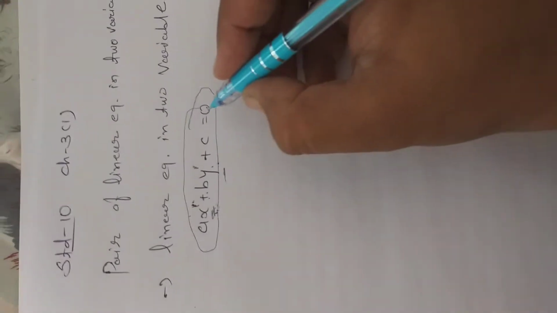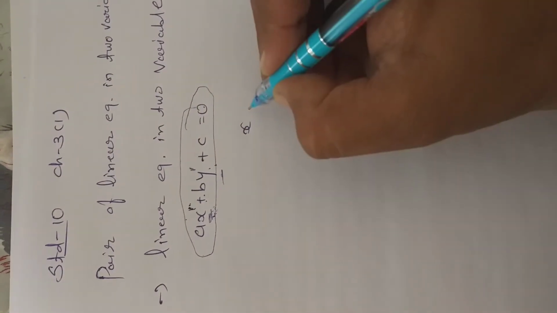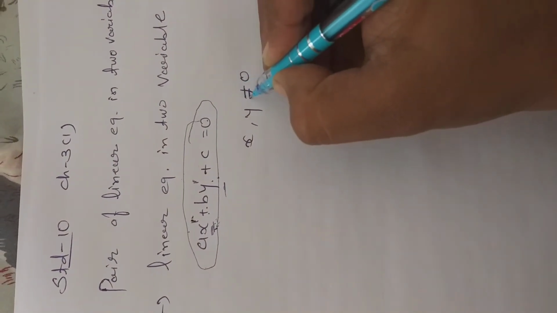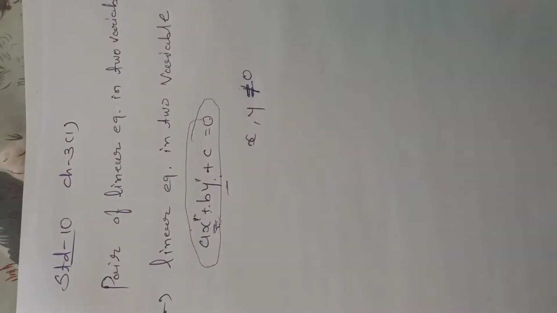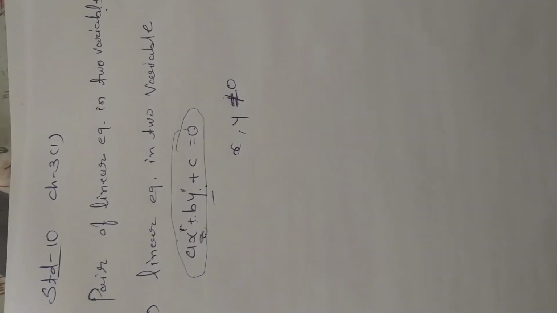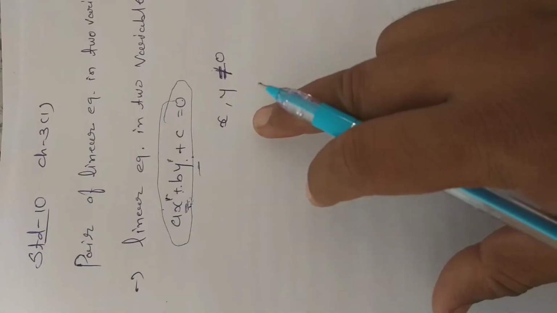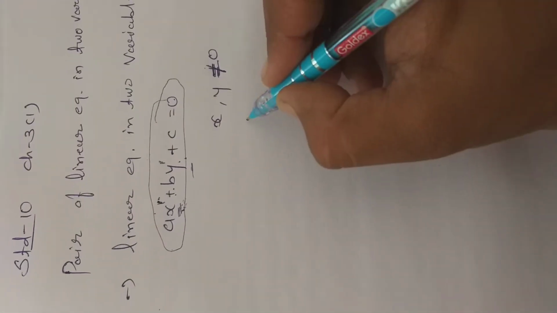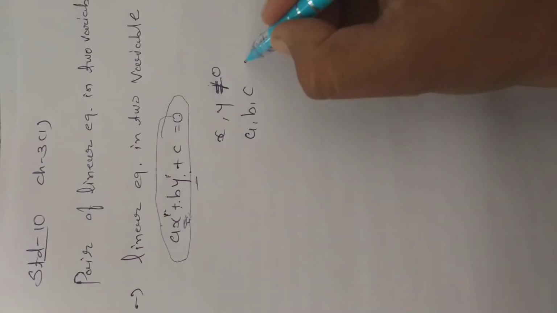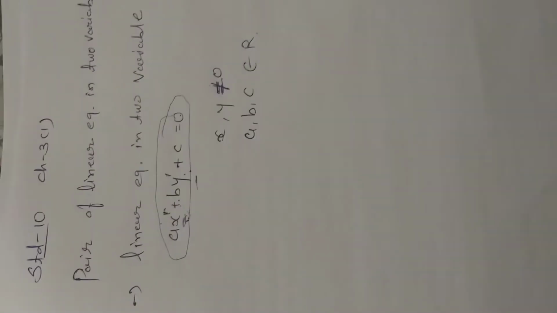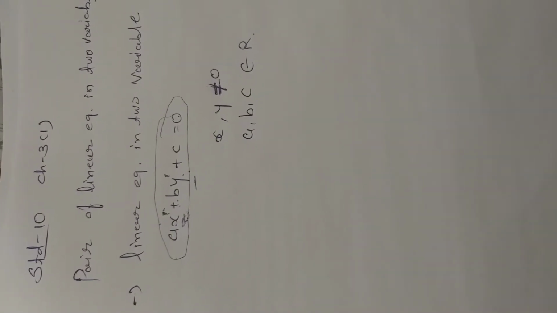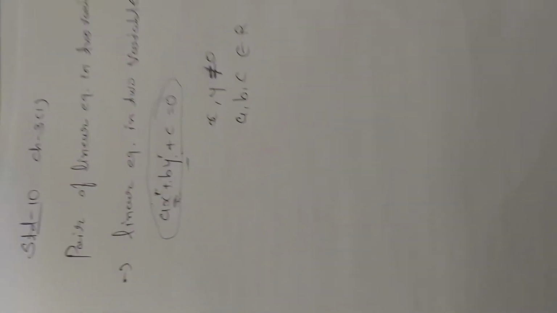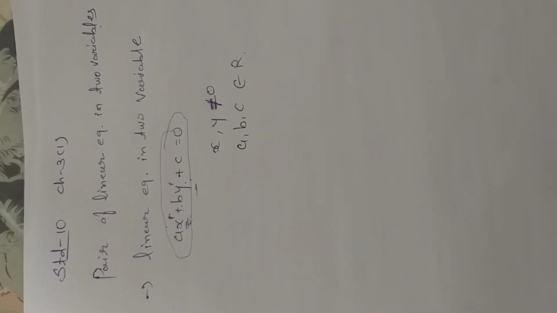And what is the necessary condition of it? That x and y must not equal 0 at the same time. Means x and y are not equal to 0 simultaneously. मीन्स कि दोनों एक साथ जीरो नहीं हो सकते, both cannot equal zero at same time in same equation. And a, b, c belongs to R, ये कोई भी कॉन्स्टेंट नंबर हो सकते हैं. a, b, c are coefficients which are any real numbers. Then as we can see here, ax plus by plus c is equal to 0 is the standard form of linear equation. What is the condition? That x and y cannot be equal to 0 at the same time.